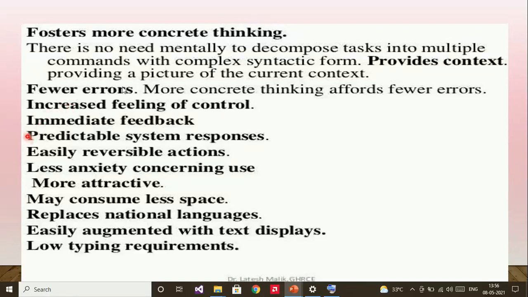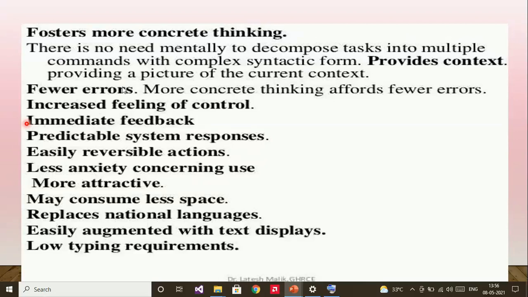And the next point is immediate feedback. The results of the actions furthering user goals can be seen immediately. There will be an immediate response from the system. Learning is quickened due to this. If the response is not in the desired direction, the direction can also be changed quickly.